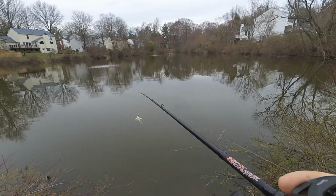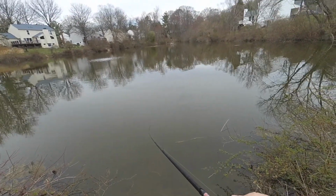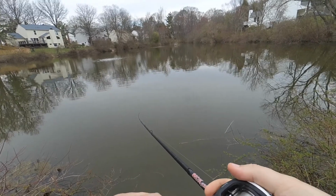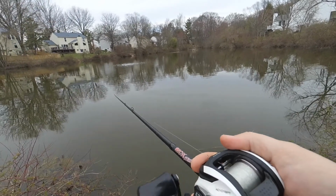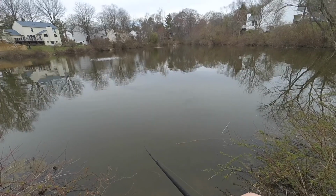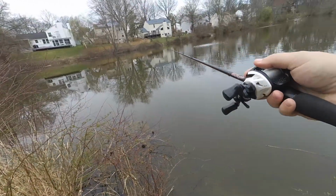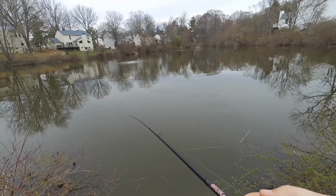This pond right here, I've fished several times and have never got a bite in it. And I was actually talking to another guy the last time I was here that said that he has never got a bite in it either. There's essentially 3 ponds right here that feed into each other. And the other 2, both he and I had caught fish in. But this one, for some reason, neither one of us had caught a fish in it. So I don't know if this one just isn't stocked, or if it's just...